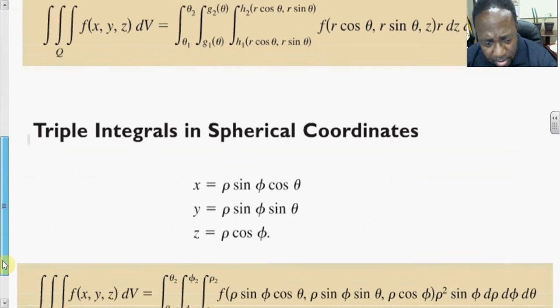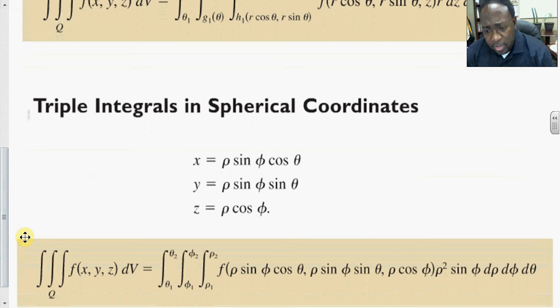Now I want to look at the setup for triple integrals in spherical coordinates. Here you recall back in chapter 11.6 and 11.7, we talked about the introduction of cylindrical coordinates and spherical coordinates. And so here we have x equal to rho sine phi cosine theta, y equal to rho sine phi sine theta, z equal to rho cosine phi. And if you recall that